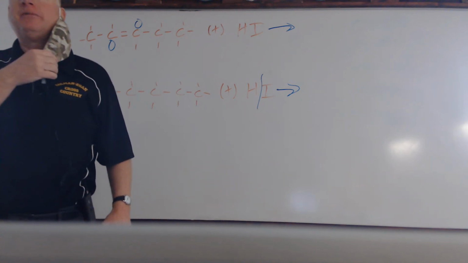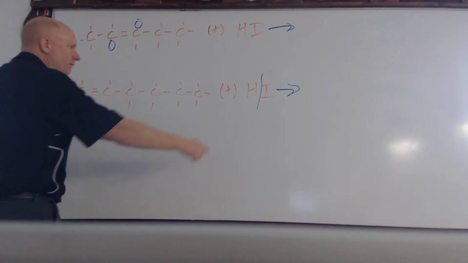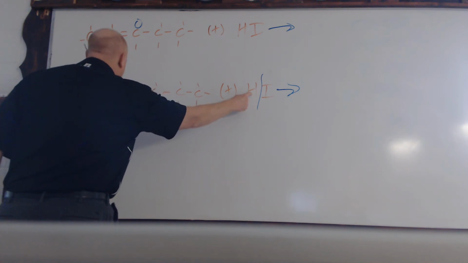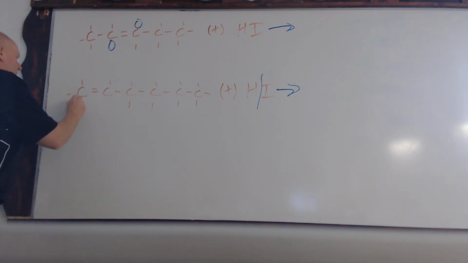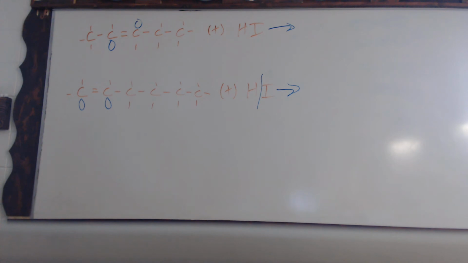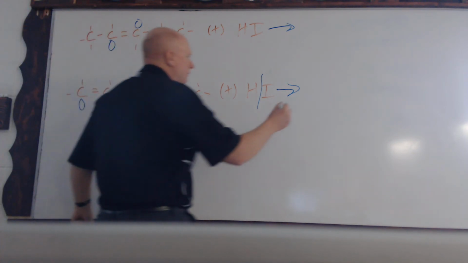In a matter of terms, yes. This hydrogen is looking for the carbon that already has the most hydrogens present. In this case, there's only bonds that can take place here and here. So when that happens, which one of these two carbons has more hydrogens? This one's got 2, this one's got 1. So therefore, we would see